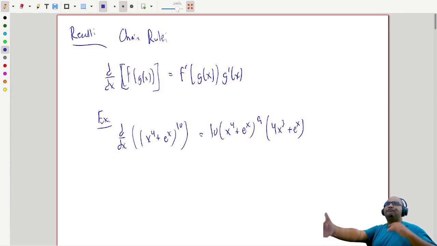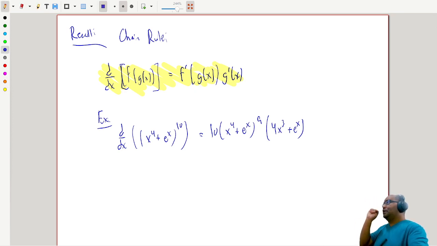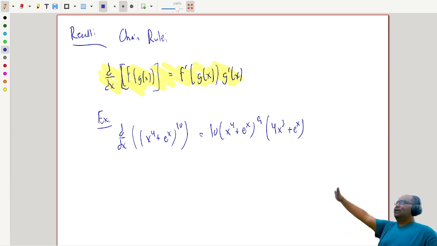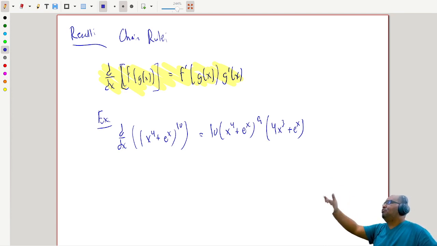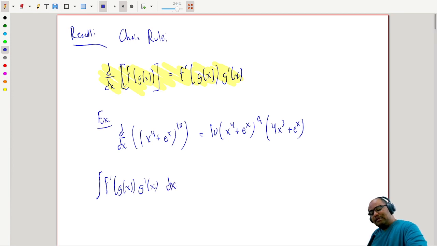Now, from every differentiation rule, there's a corresponding integration rule going backwards. So what if I take this first relation here? This is going to be our main idea. What if I take this and integrate both sides? Well, the right-hand side, I know is a derivative because that's the chain rule. The idea is that I'm going to change variables. So if I want to integrate, say, f prime of g of x times g prime of x dx, the idea